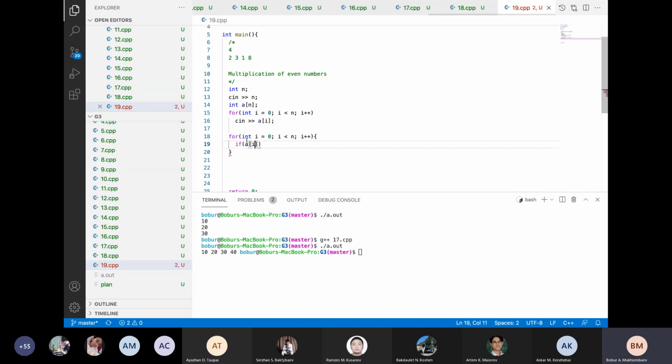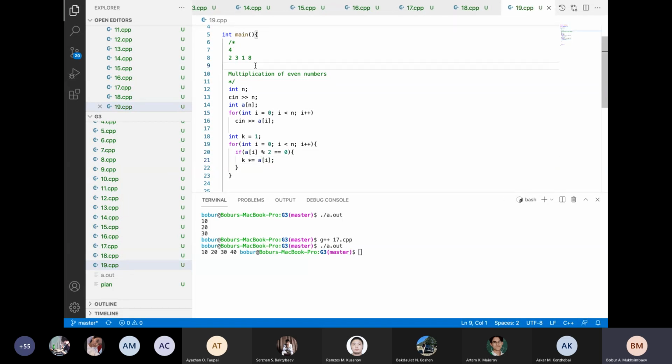If a[i], an element of the array, multiplied by 2 equals 0, in that case, for the multiplication, you have to create here the integer k equals 1, and k equals, oh sorry, not equals, k is multiplied by a[i], because the result should be